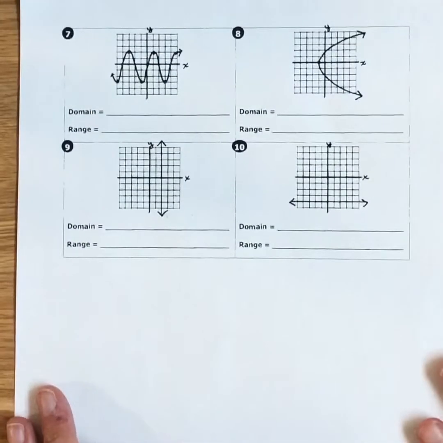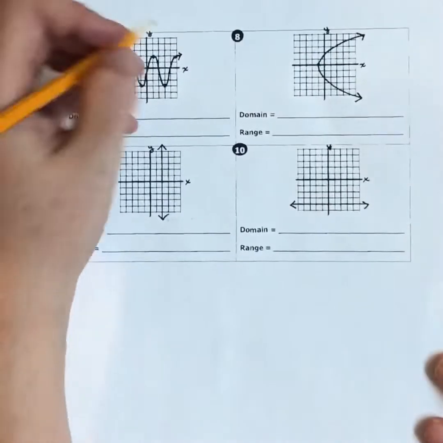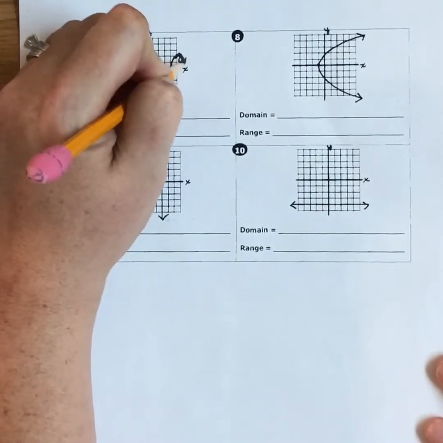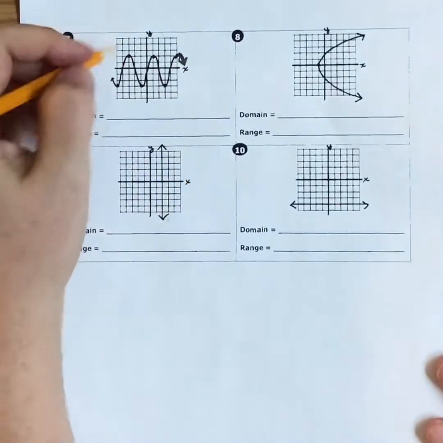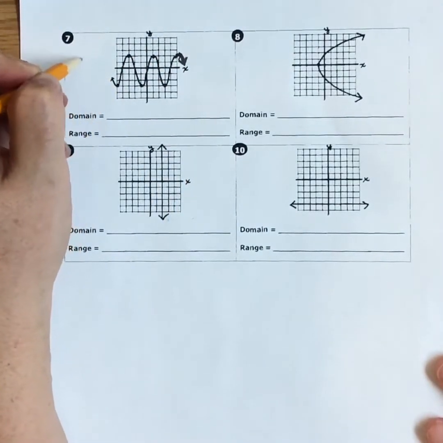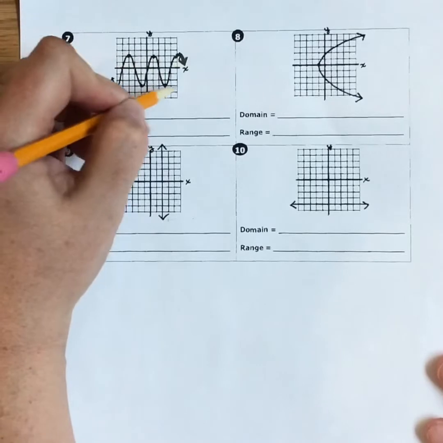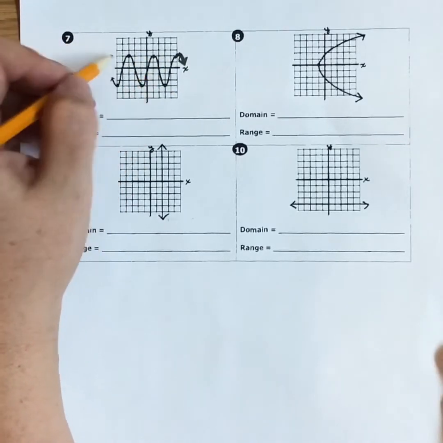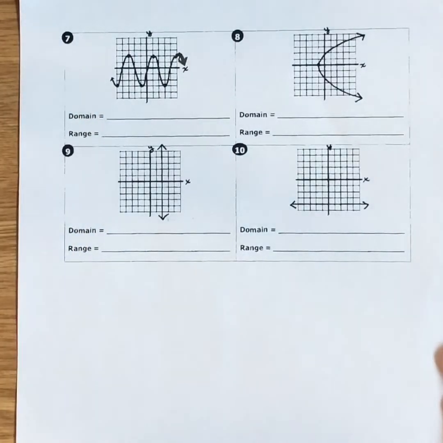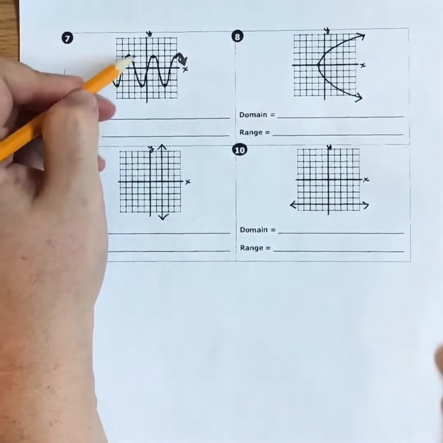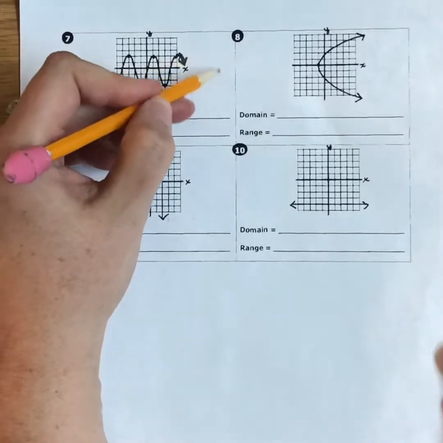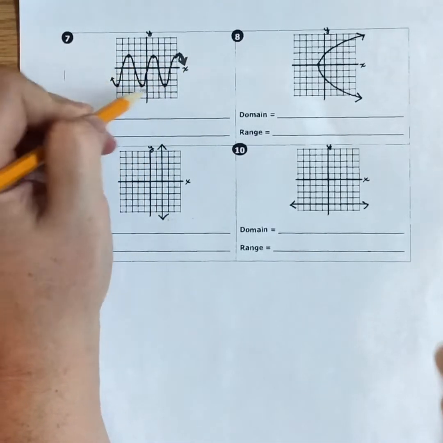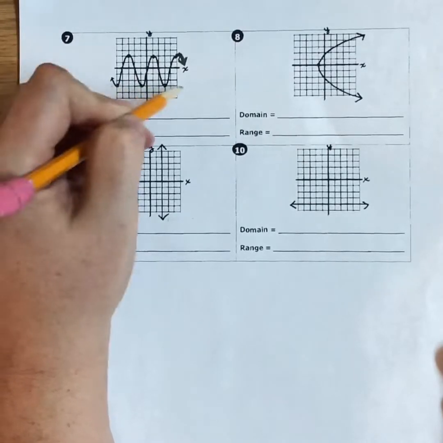Now, number 7 seems a little strange. The whole point of this graph, and maybe make this a little bit easier to see by having it point, is that it's going to oscillate between these two max and min points for the y's, okay? So it's trying to let you know that it's just going to keep repeating and it's not going to go any further than +2 for the max on the y and -3 on